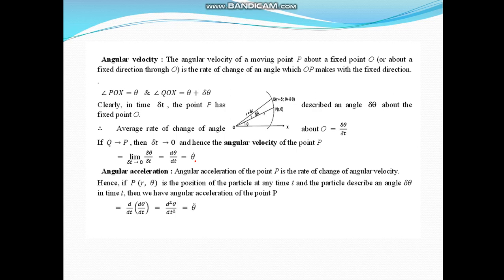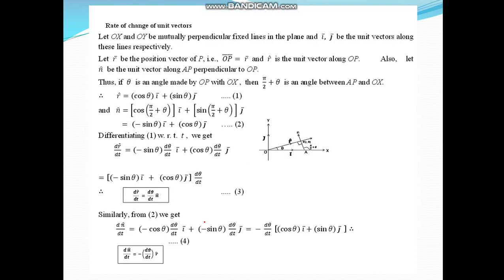Then angular acceleration. The angular acceleration of the point P is the rate of change of angular velocity. Hence, if P, whose coordinates are r and theta, is the position of the particle at any time t, and the particle describes an angle delta theta in time t, then the angular acceleration of the point P is d by dt of d theta by dt, that is d square theta by dt square, meaning theta double dot. Then rate of change of unit vector,